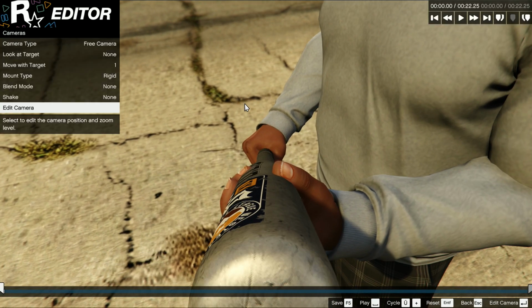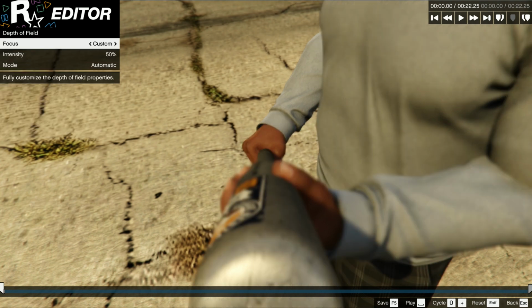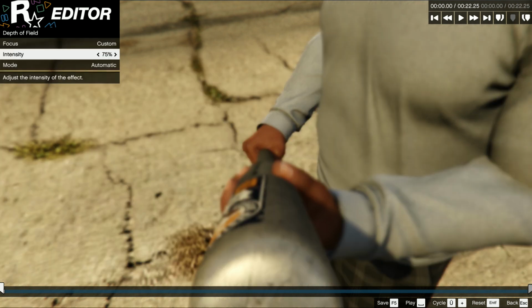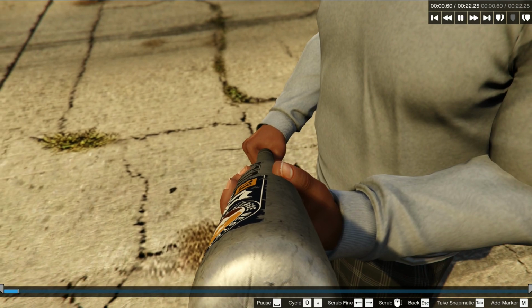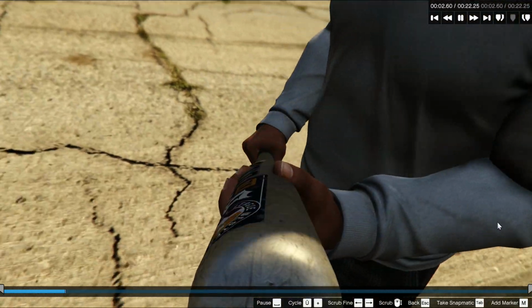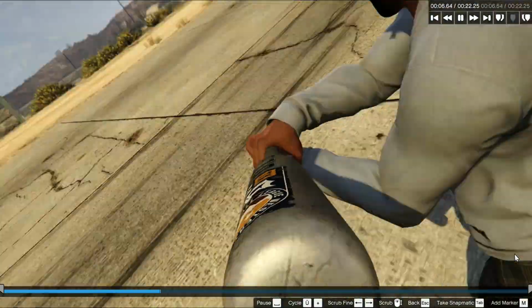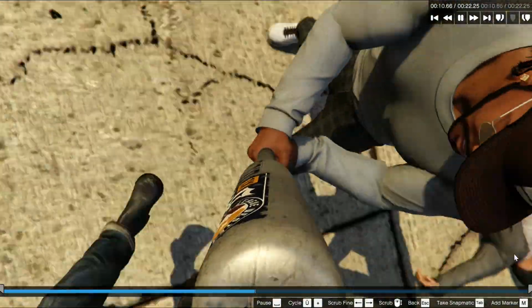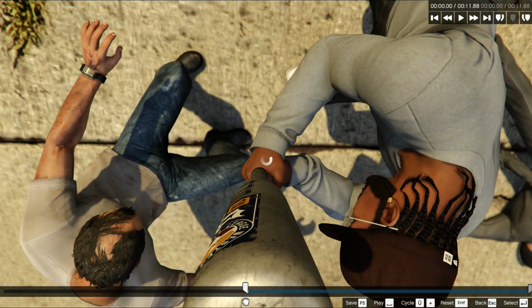For the depth of field, it seems that the default value works best, because with manual and automatic you don't really get the sharpness on the entire prop while keeping the background blurry. When I press play now, you can actually see how the camera seems to be locked perfectly fine to the baseball bat. This effect works best if you apply no camera shake at all, by the way. Because after all, there is enough movement already thanks to the character and object movement.